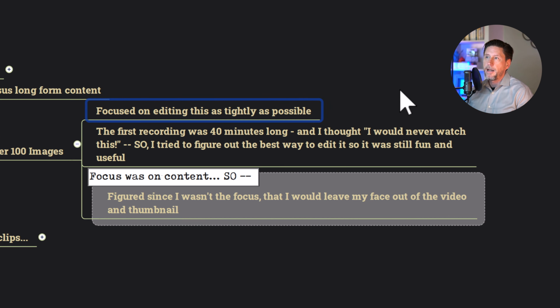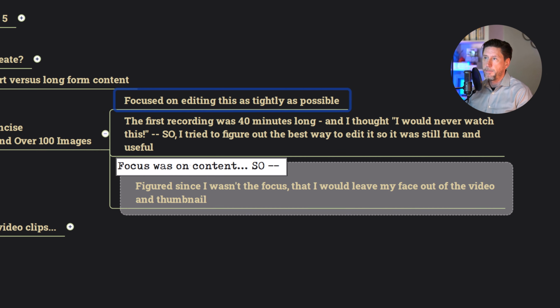So I'm focusing on editing things as tightly as possible. That's a skill. You don't start out just knowing how to do it. I've been doing video editing for 25, 30 years, but editing YouTube videos is an entirely different beast from doing short films and documentaries, because usually you have a director that you're working with and you edit based on the mutually agreed upon vision. In this case, it's just me doing everything. I'm doing the ideas, all the recording, everything myself. And so I have to be honest with myself and say, let's go ahead and keep it tight.